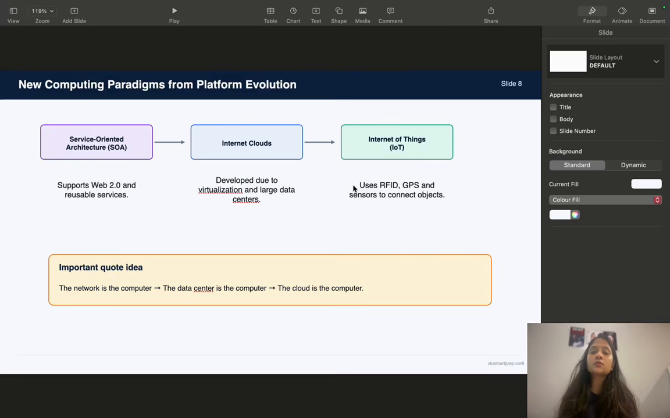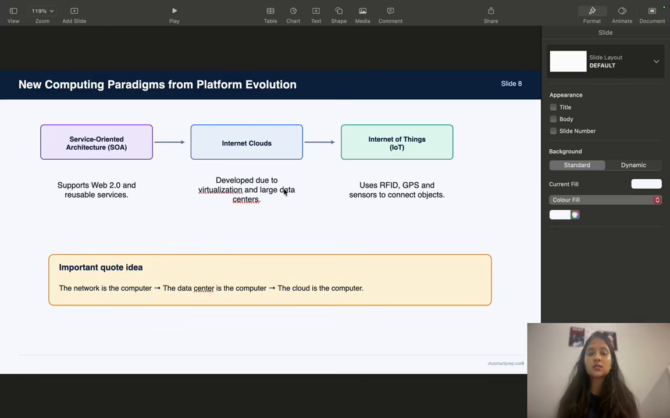SOA supports reusable services and web 2.0 applications. The second is internet clouds. First is service oriented architecture, and then you have internet clouds. Internet clouds means cloud computing became possible because of virtualization. How did internet clouds become possible or popular? It was only because of these three